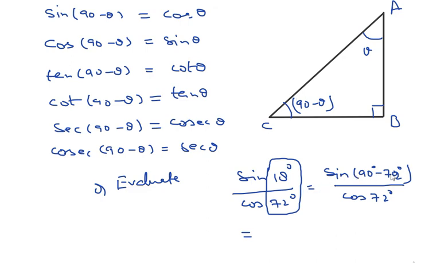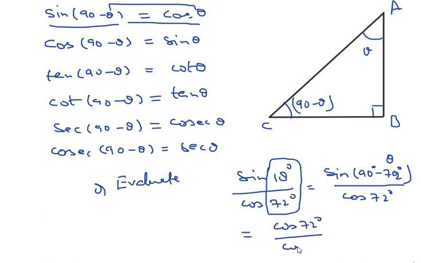So sin 90 minus theta, I am taking as theta. So sin 90 minus theta will be equal to cos theta. So this theta will be here, and I can write this as cos 72 degrees. In the denominator it is again cos 72 degrees, and if we simplify this we get the answer 1. So this way you have to solve the question. Mind it, you have to make the pair where these two angles add to 90 degrees, and using this table you are going to simplify your question.